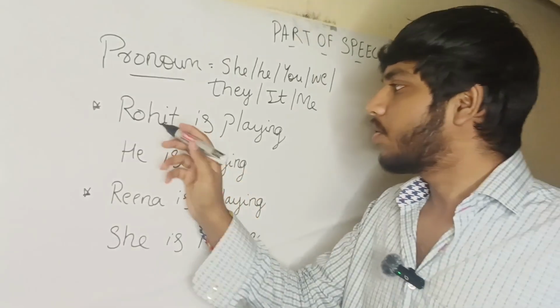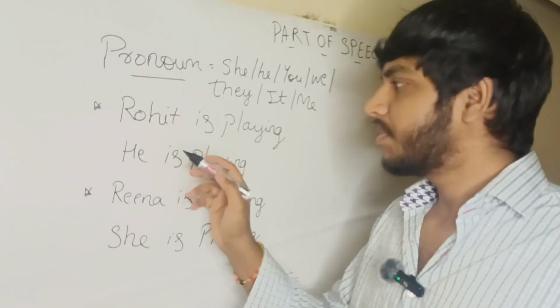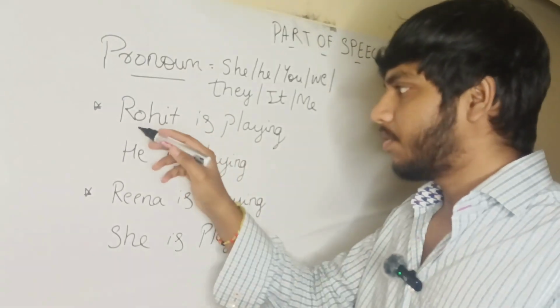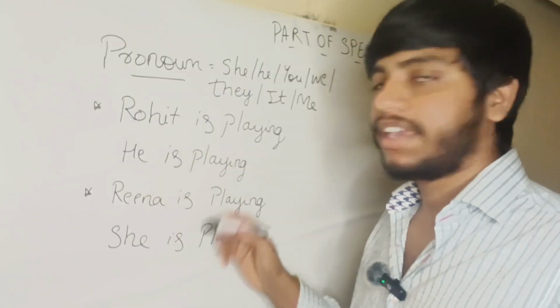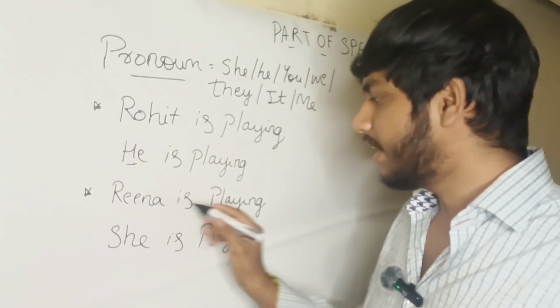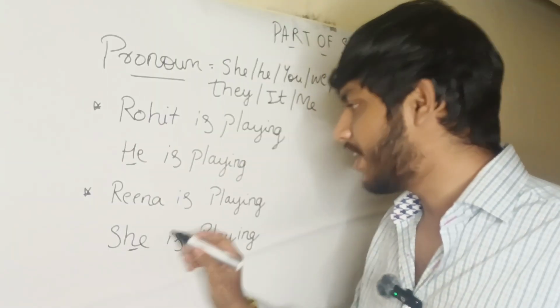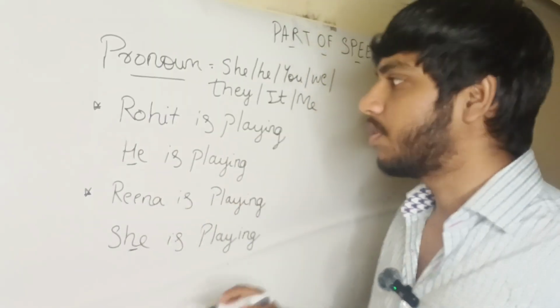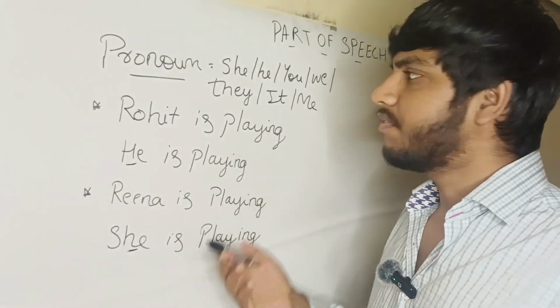Here Rohit is playing. Rohit is a noun. We can say it as: he is playing. Here he is a pronoun. Reena is playing. She is playing. Reena is a noun. She is a pronoun. Anything we consider